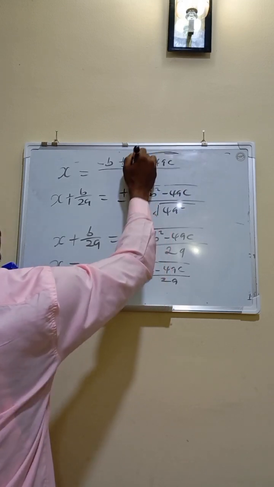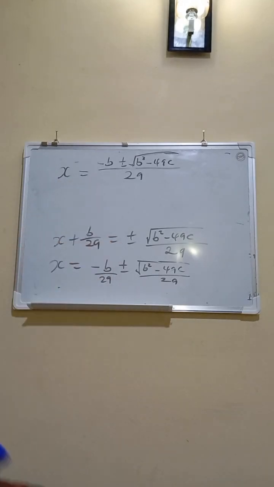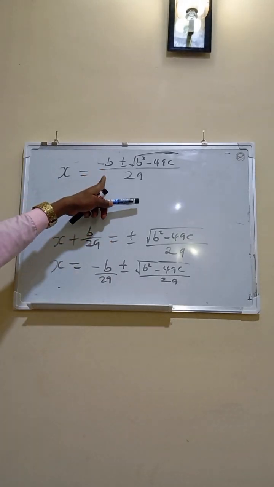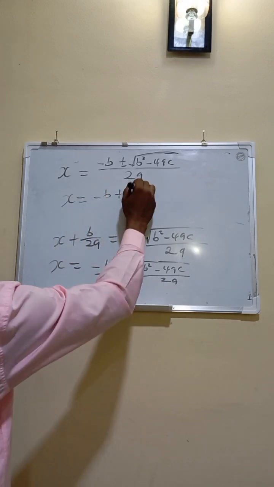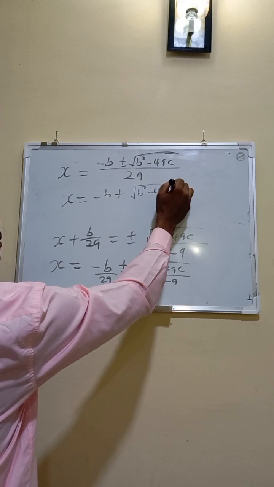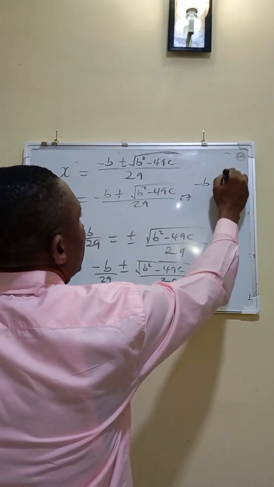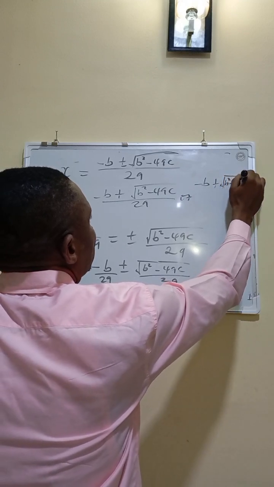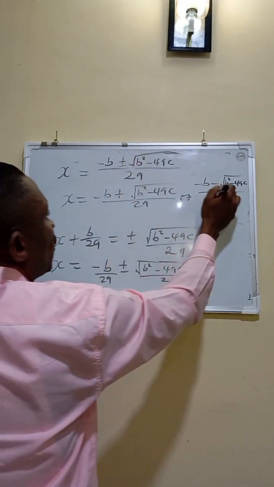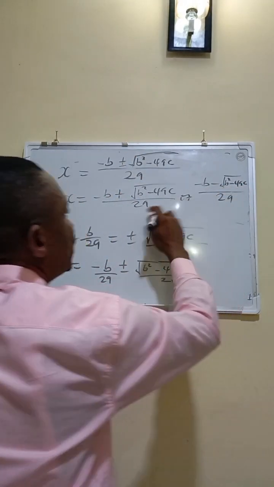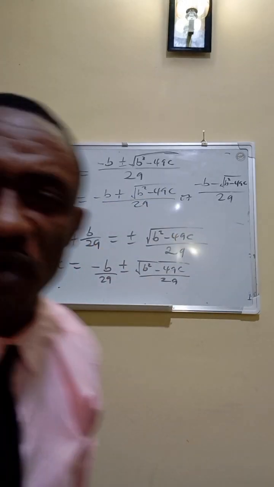So you can see now that this is that root formula, the quadratic formula. So in this sense we can say x equals minus b plus the square root of b squared minus 4ac over 2a, or minus b plus or minus the square root of b squared minus 4ac, all over 2a. So this is the root of the quadratic equation. Now let me give you an example on how